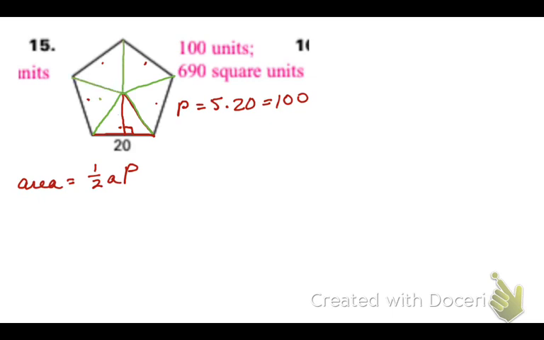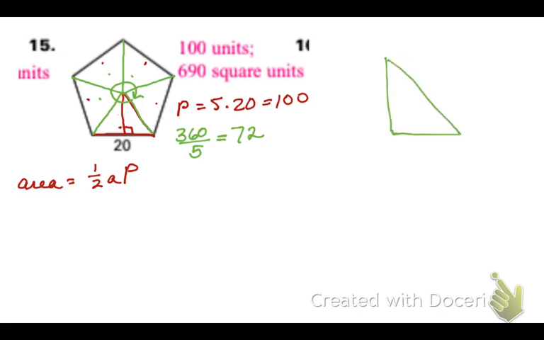Okay, we have 1, 2, 3, 4, 5. We know that all the way around is 360 degrees. So we have 360 divided by 5, which is 72. Okay, so we know that